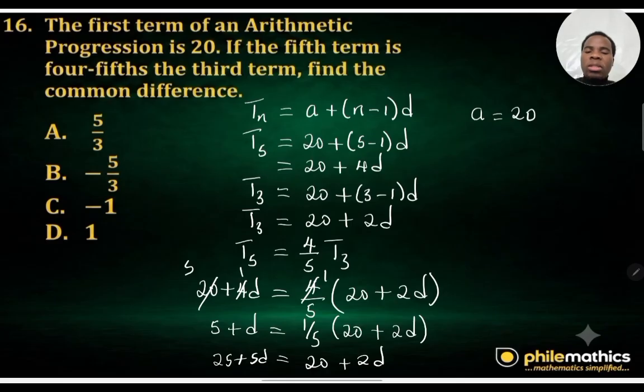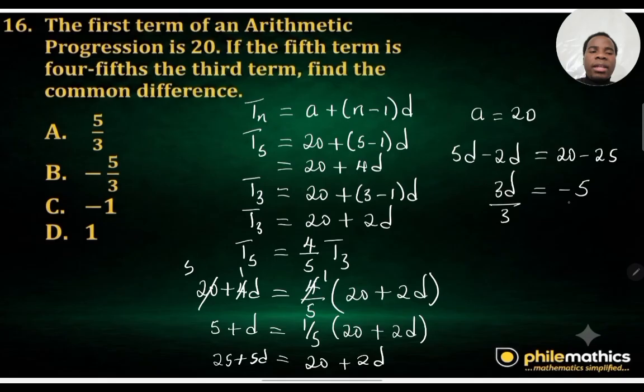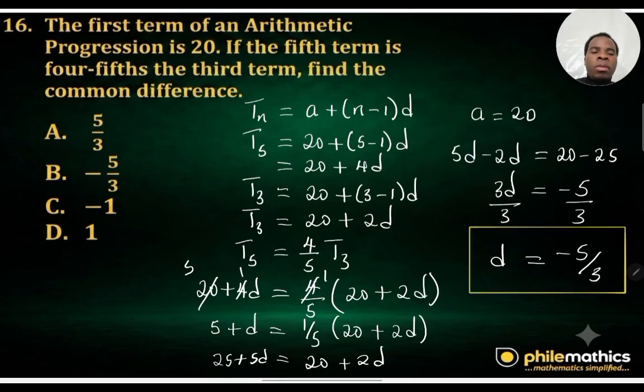At this point, we can subtract 2d from both sides and 25 from both sides. We have 5d minus 2d equals 20 minus 25. Just making things easier. 5d minus 2d is 3d, and 20 minus 25 is minus 5. To find what d is, which is the common difference, divide both sides by 3. And so the common difference which we are asked to look for is minus 5/3, which is